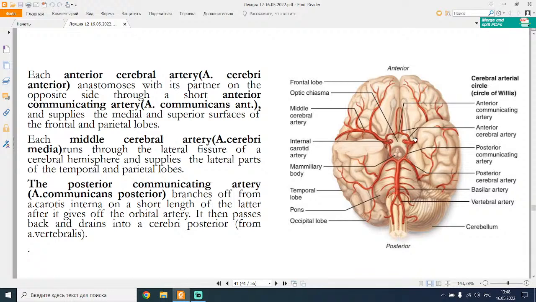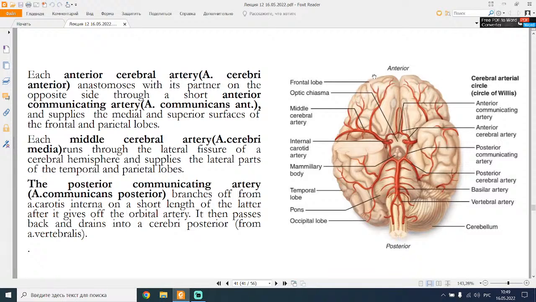Each anterior cerebral artery anastomoses with its partner on the opposite side through the short anterior communicating artery. You see the anterior cerebral arteries connected by the communicating artery, arteria communicans anterior. The anterior cerebral artery supplies the medial and superior surface of the frontal and parietal